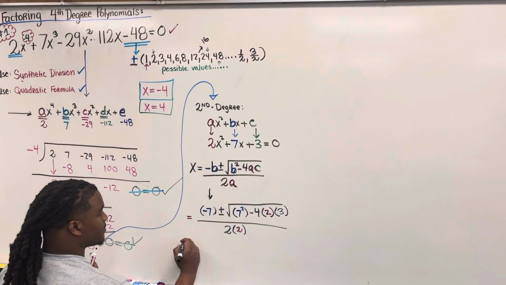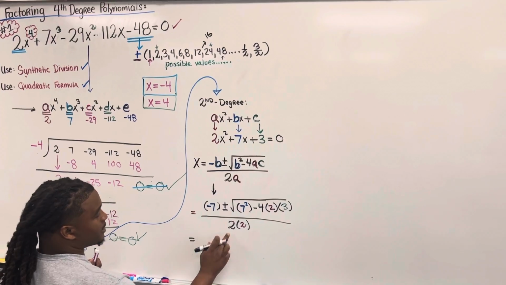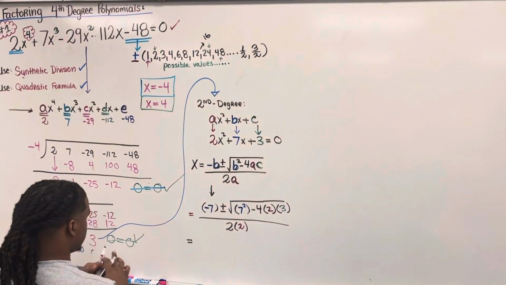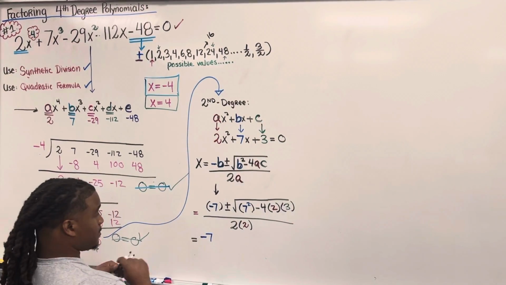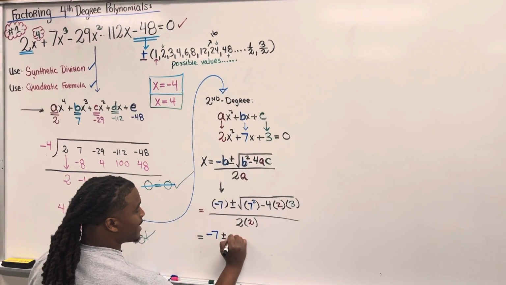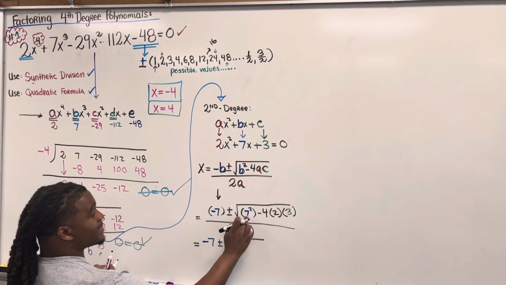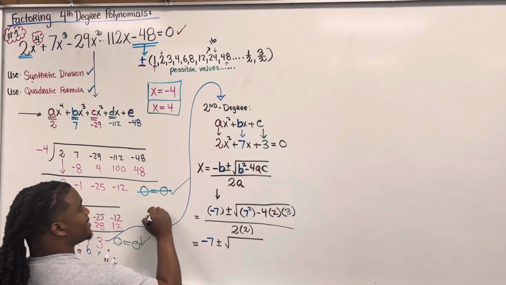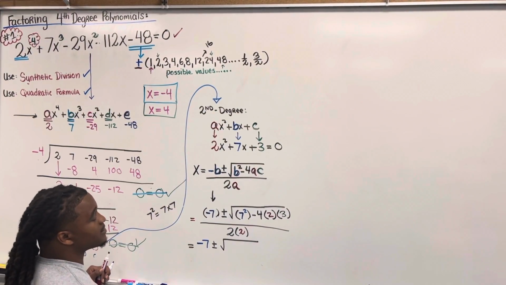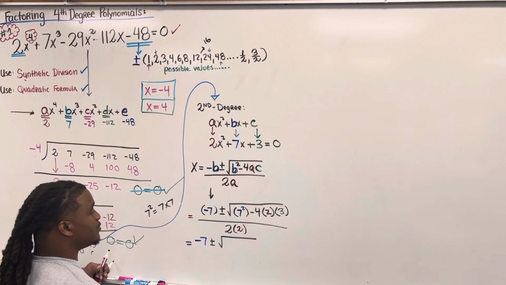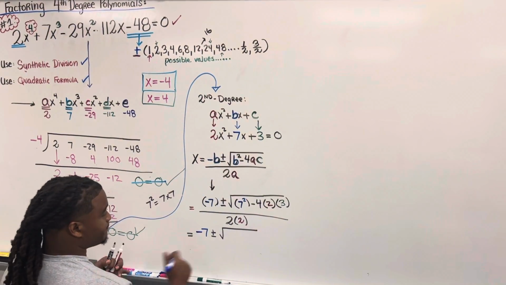It's pretty easy. Everything outside of the square root sign stays the same, other than 2 times 2 equals 4. So I have a negative 7 plus or minus the square root of... Now, 7 squared is not saying 7 times 2. It's saying 7 times 7. It does not say 7 times 2. That's a big misconception in middle school and for some high schoolers as well. So 7 squared is 49,